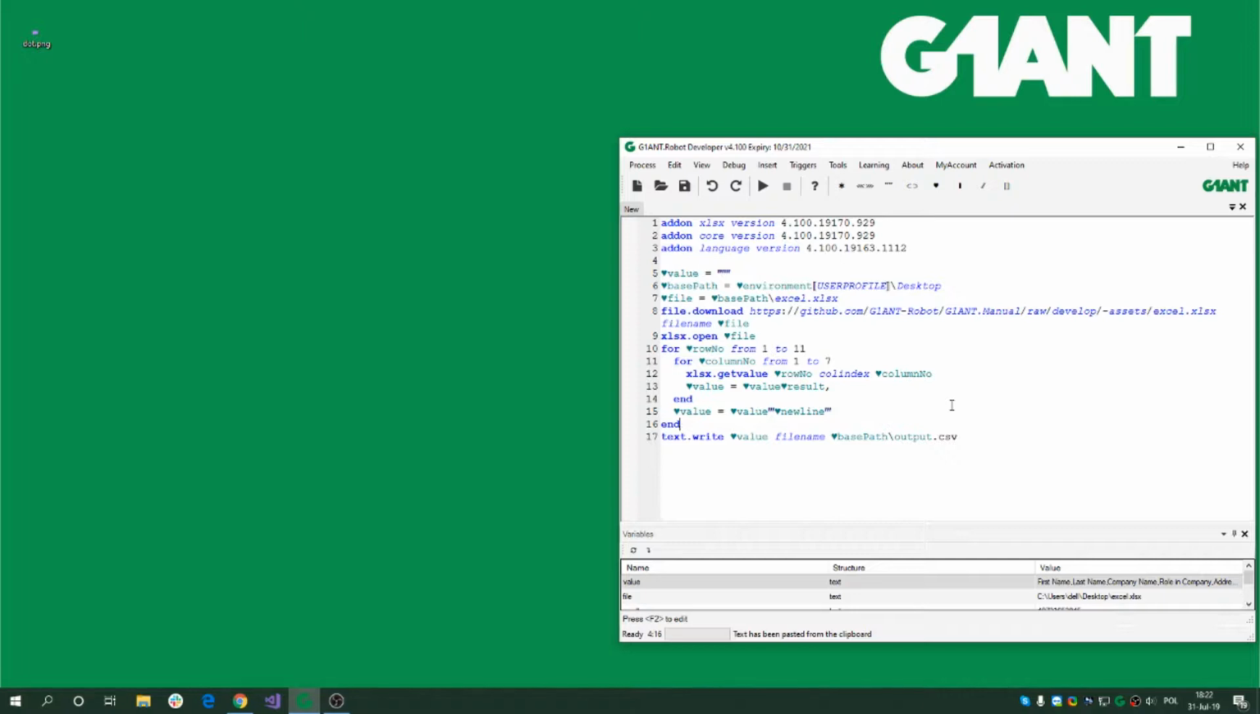So enable the add-on in the add-ons panel and try it. I already have it enabled. So let's try it. The following script is a simple XLSX to CSV file converter to show the idea of the add-on. The robot will download a sample Excel spreadsheet file excel.xlsx to a user desktop, then we'll open it with the xlsx open command